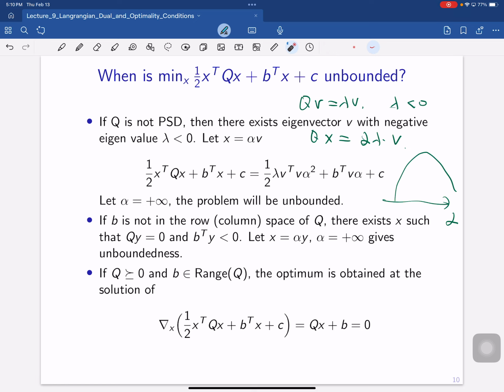Okay, so now if Q is positive semi-definite, what will happen? There are also two cases we need to discuss. The first case is if b is not in the column space of Q. Because Q here is a symmetric matrix, the row space and the column space are the same. So when b is not in the column space of Q, then that means there exists